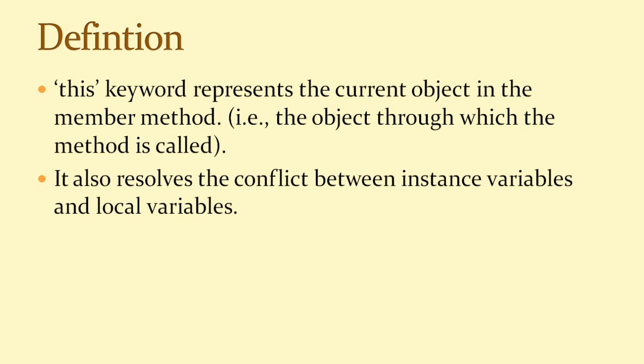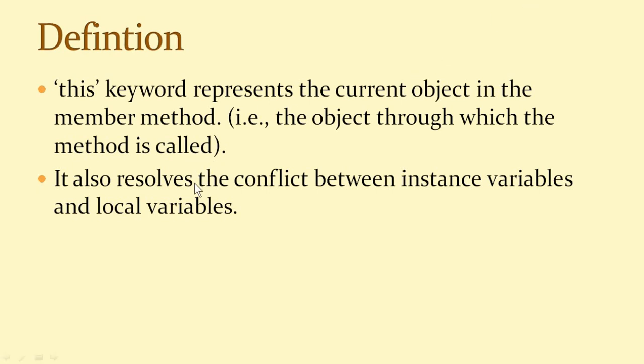If you take an example, say you have a program with more than one object, say you have two objects declared. By default, only one object will be in the memory, and we call it the current object. When you create the first object, it will be in the memory, so the this keyword will represent that object. After the first object's execution is completed, the second object is created. Once the second object is created, that becomes the current object. In the same way, the this keyword also represents the second object, which will be the current object. So the current object is nothing but the object which is in the memory. So the this keyword will represent the current object.